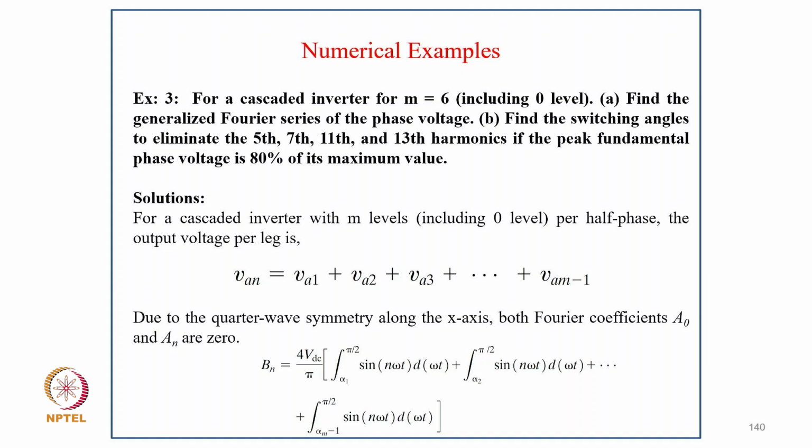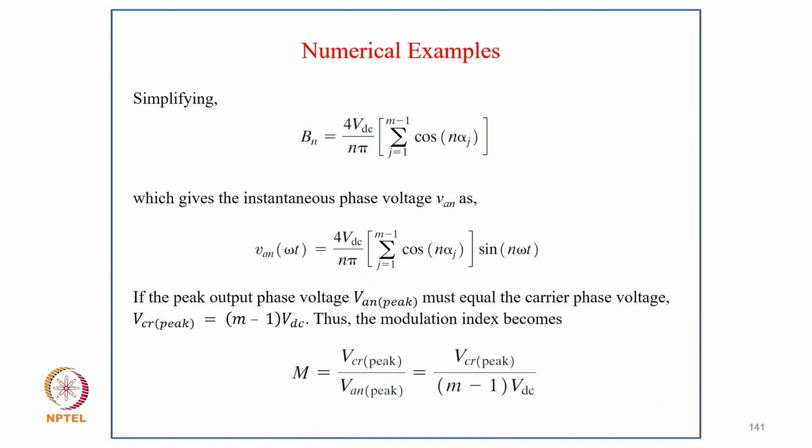For the cascaded inverter with M levels including the 0 level per half phase, the output voltage per leg is Vn equal to Va1 plus Va2 plus Va3 up to Va m minus 1. Due to the quarter symmetry along the x-axis, both Fourier coefficients A0 and An are 0, but Bn is VDC by pi in brackets, alpha 1 pi by 2 sin n omega t d omega t plus alpha 2 pi by 2 sin n omega t d omega t plus up to alpha m minus 1 pi by 2 sin n omega t d omega t. Now simplifying,